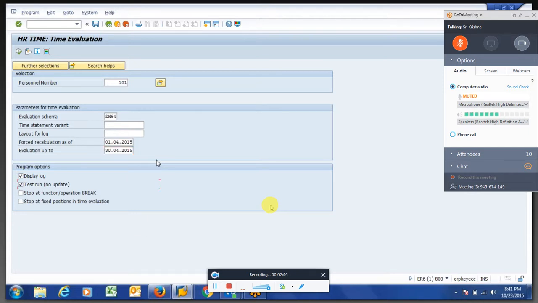Because the employee is monthly, we are running for the complete month. So initially we will do a test run. Just hold on a minute. Okay, so we'll do a test run to see the output for this employee.